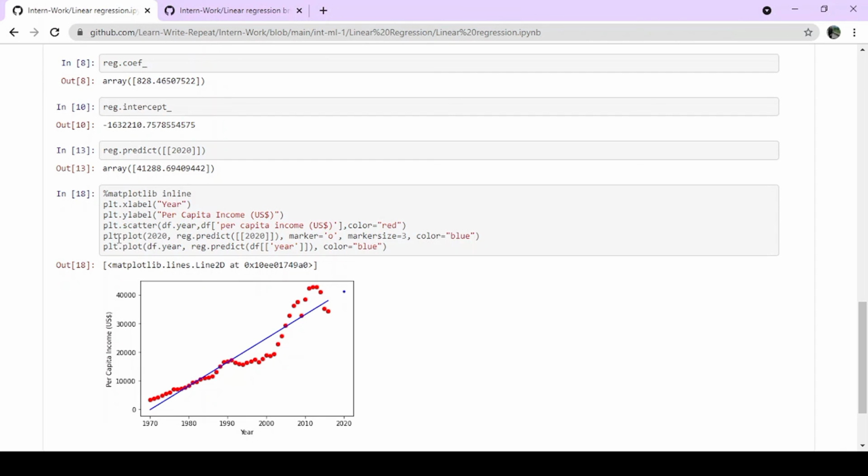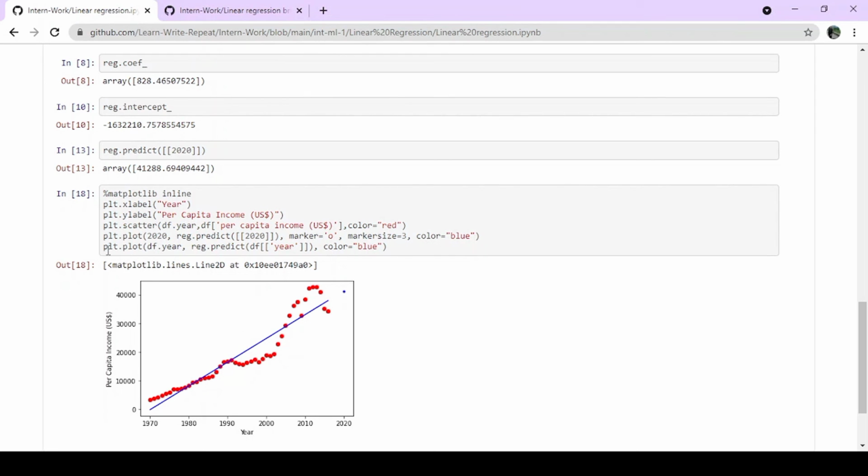After that we will use plt.plot for the year 2020 and reg.predict for the year 2020, and marker as o. You can see this marker as o, and marker size we have taken 3, and color as blue, like this blue dot which you can see here.